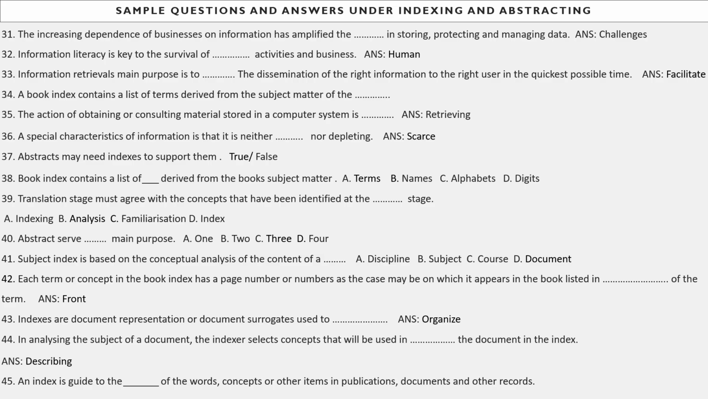Then question number 36. The correct answer is scarce. A special characteristic of information is that it is neither scarce nor depleting. Depleting